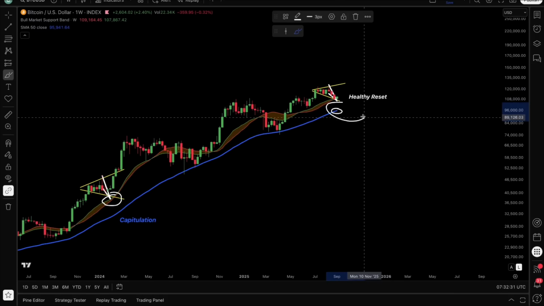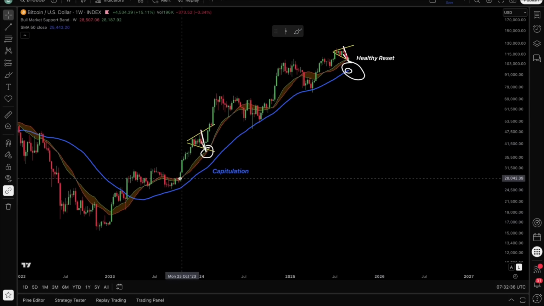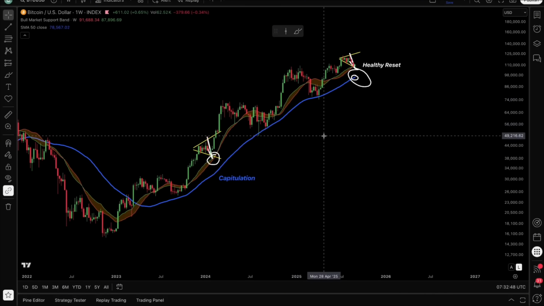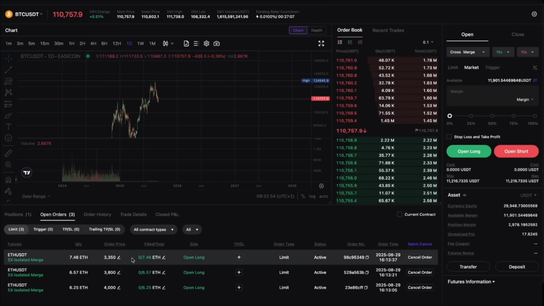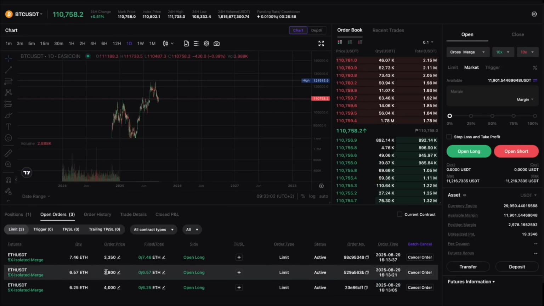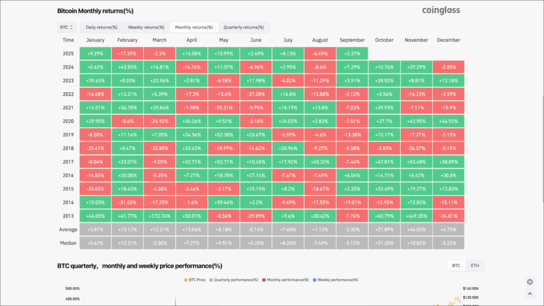If you are going to see that capitulation, for example, which is still a possibility, guys, because we do know that in Q3 in 2023 and Q3 2024 we did come back to that moving average 50 trend line. So it is a possibility, and just in case I have set some limit orders for Ethereum, because I do think if you are going to come back to those levels, for example that $4,000 level or even lower, I do think that's going to be a huge opportunity to long Ethereum basically into the ending stage of this bull market. Because I do think if this month is in the end going to turn out bearish, then Q4 is going to be hugely bullish.